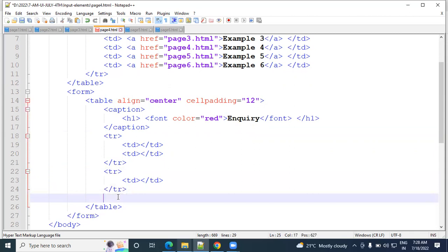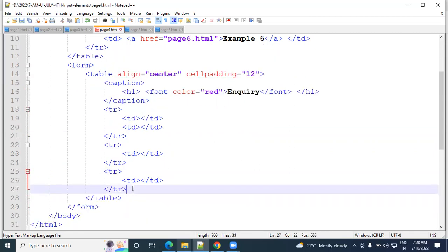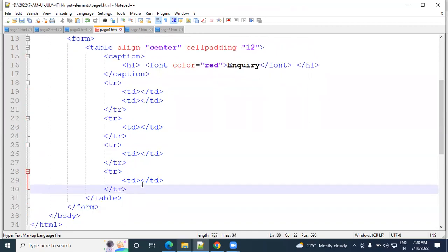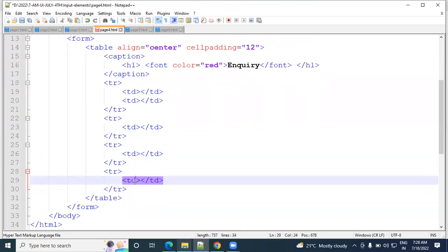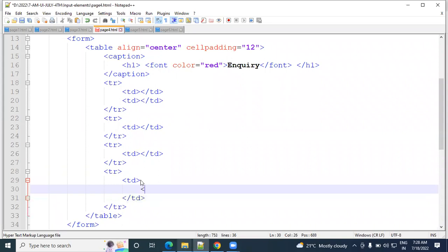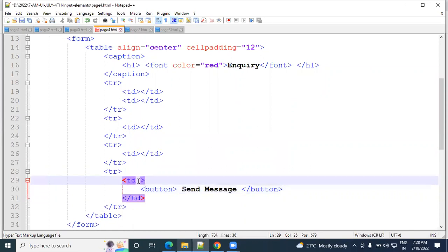One more tr with a single td, one more tr with a single td only. In this last td you create a button, send the message, and the button align should be centered,